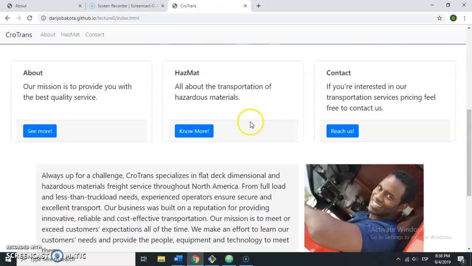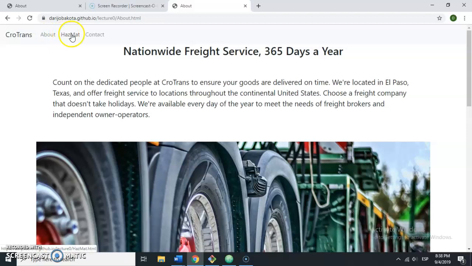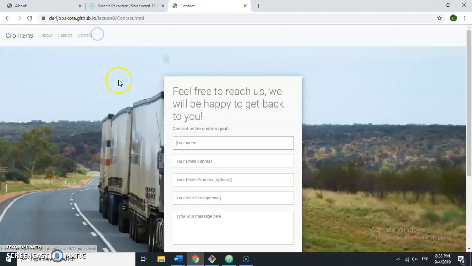So it's for a freighting company, has about section, hazardous materials, contact,